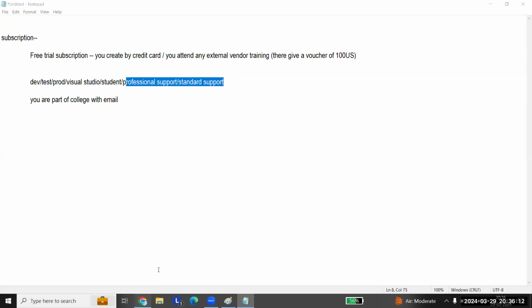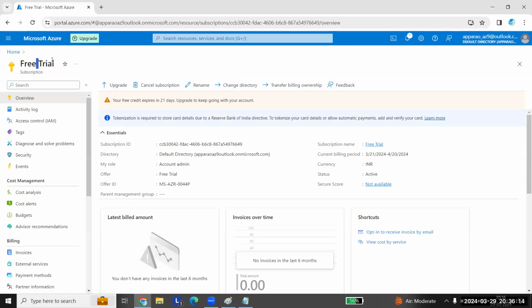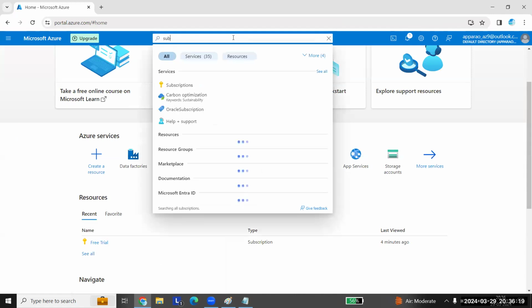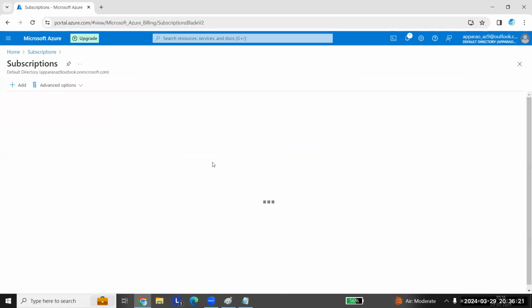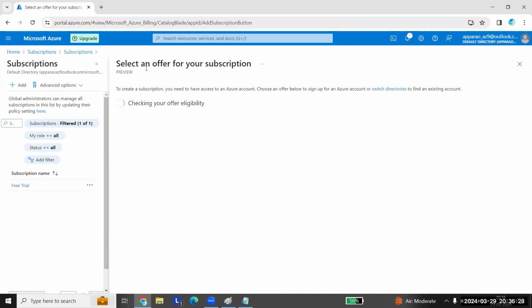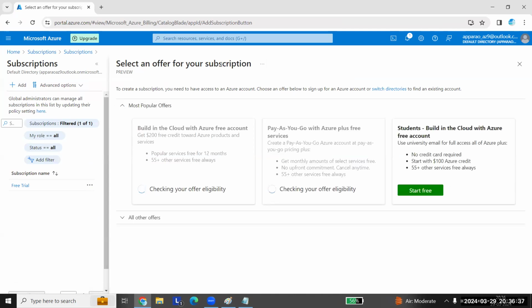If you go to this, I'll create. So you see your, okay. So I'll search your subscriptions. We already have a free trial account. So you can go and add. Click on this. It should tell you what subscription you are eligible for. Just here it will show you different types of subscriptions. See here we are taking a free trial account, right? And you can pay as you go. So when you want to use a credit card, you can go.